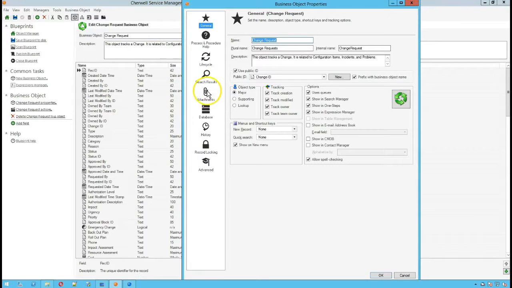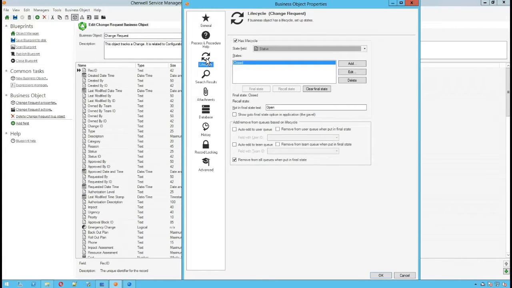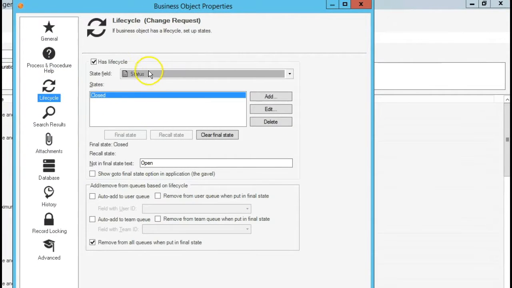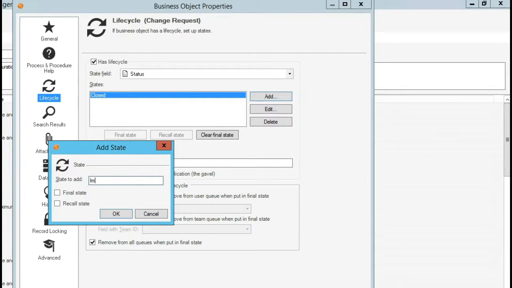Now I want to track whenever change request moves into an implementing status. So I'm going to go into the lifecycle screen, and we can see that by default, out of the box, change request has a lifecycle state field of status. And out of the box, it really only has a state for closed under lifecycle. But I'm going to add one for implementing,